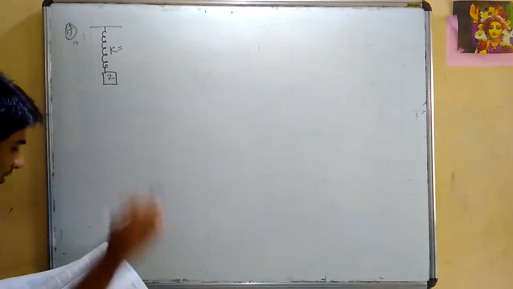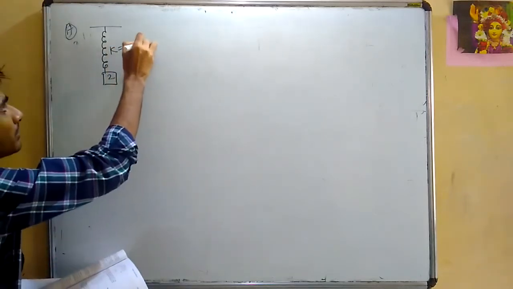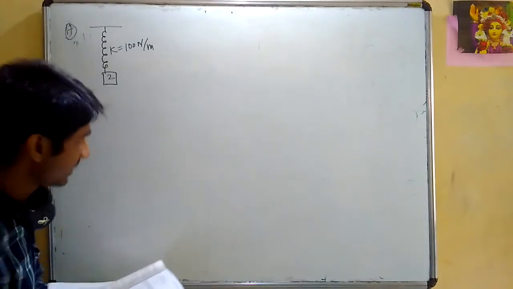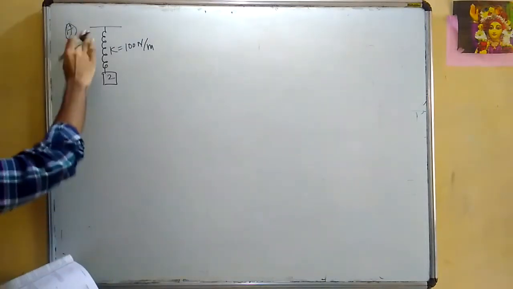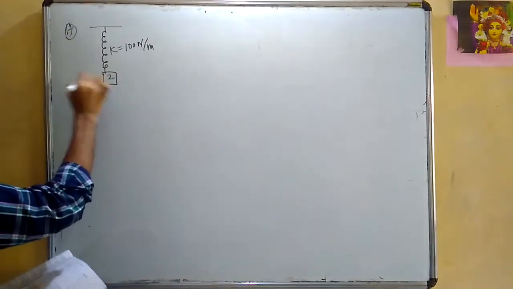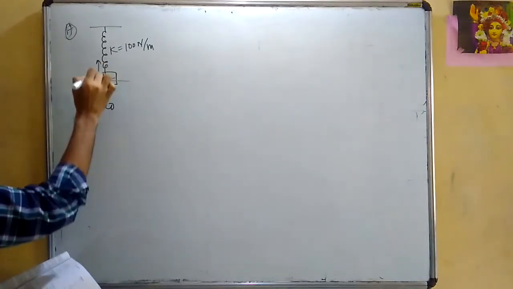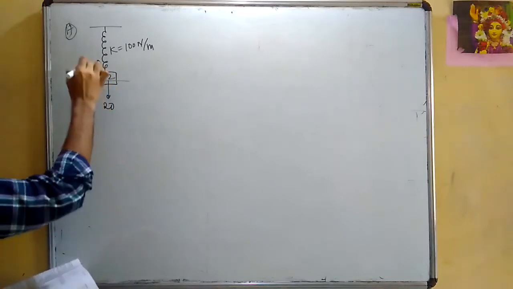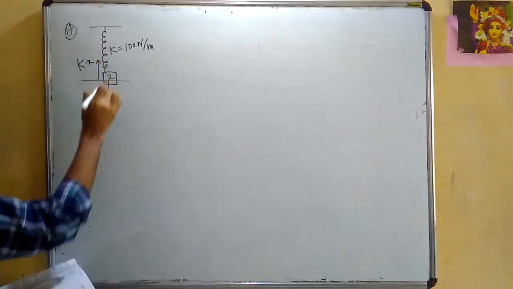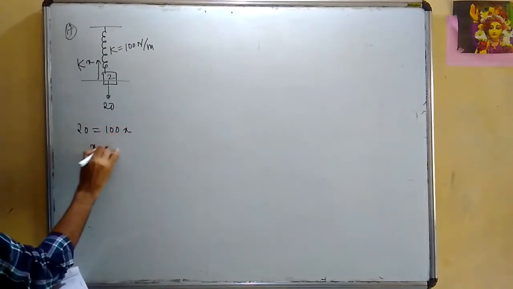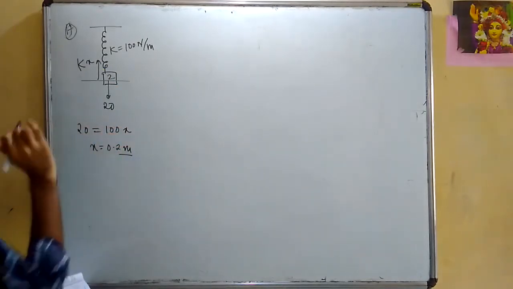Through a spring, the spring constant is given 100 Newton per meter, and it is being asked what is the elongation of the spring. If it is simply said find the elongation of the spring, it means you have to assume that this is an equilibrium position. So the downward force is how much, 20, and the upward force is kx, as I had explained. Spring force is k into x. So 20 should be equal to k is 100 and this is x. So x is 0.2 meter, which is the elongation.